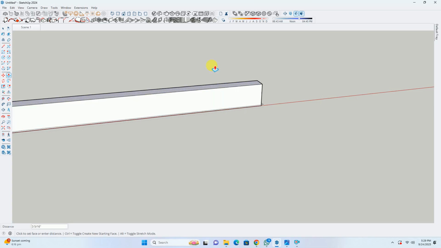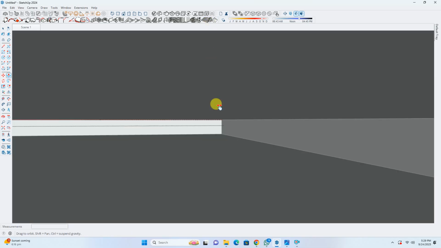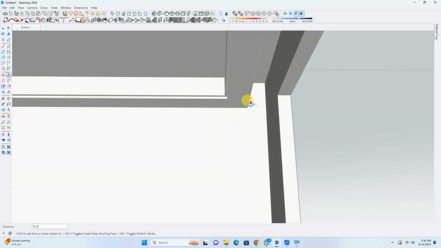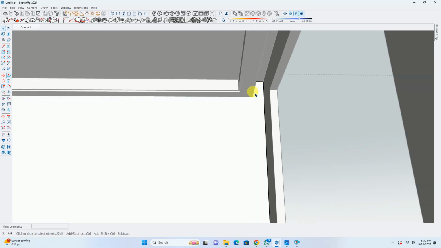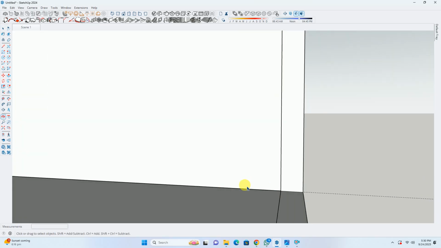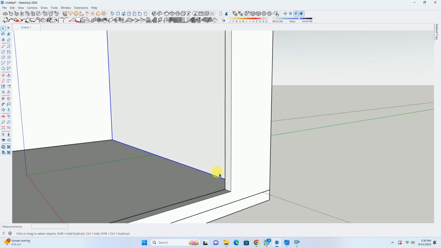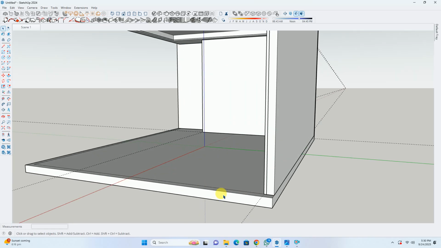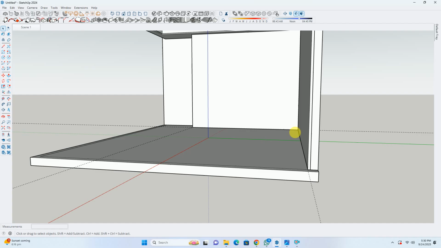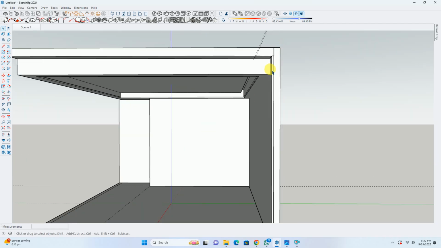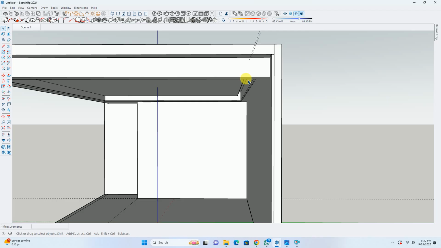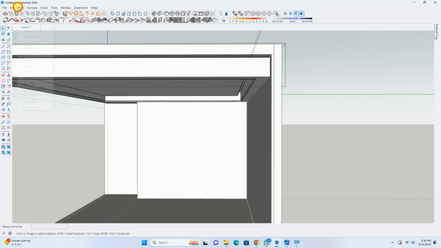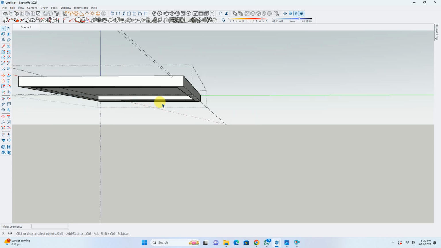I'll double click on it and I'll move it upward up till the surface, or you can go up till over here or here. So we have created another rectangle over here. If you want to see the visual difference, I'll hide this element. Now you can see that we have created another rectangle because it is overlapping its surface. So I'll double click on this false ceiling, and I'll go to this component and adjust the model.